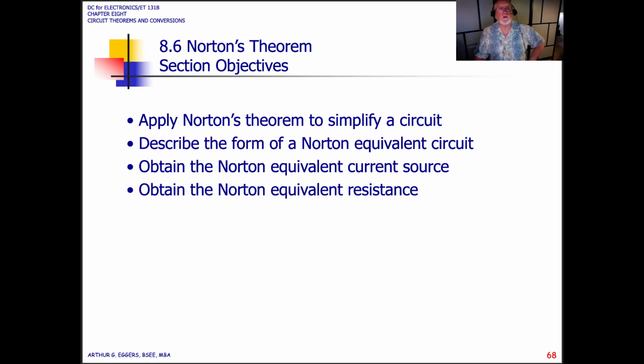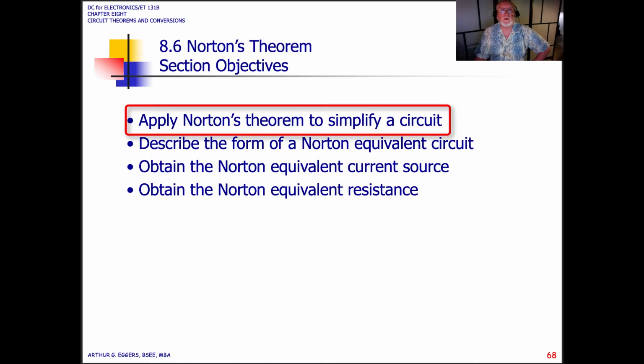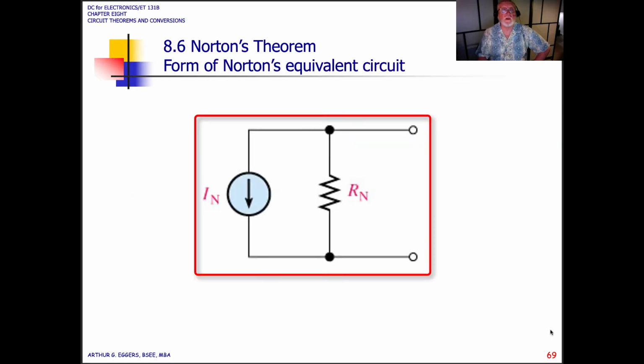Now we look at something called Norton's theorem. Applying Norton's theorem will simplify a circuit just like we did with Thevenin's: describe the form, obtain the equivalent current source, and obtain the equivalent resistance. So what we're going to see is where Thevenin's dealt with voltage sources, Norton's equivalent deals with current sources. Just like we saw in Thevenin's, this is the equivalent Norton's theorem circuit when we do a Norton's